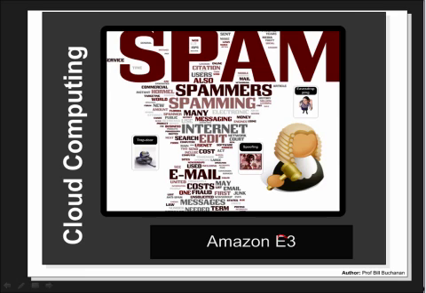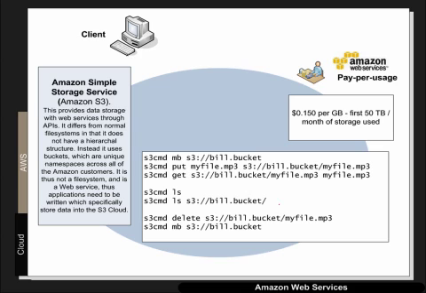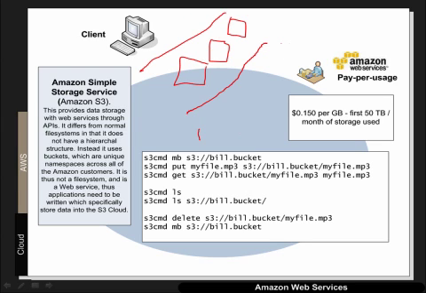So let's have a look at the Amazon S3 Simple Data Storage Service. So with this we get the concept of buckets. So the storage services do not create a hierarchy as we would get in a file system, but create a number of buckets. These buckets have namespaces which are unique across all the Amazon Web Services. Then we can then put and retrieve our content